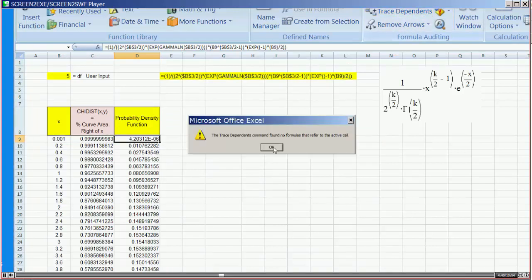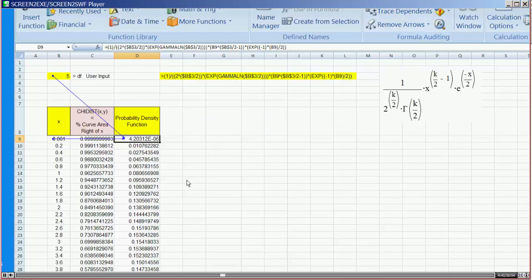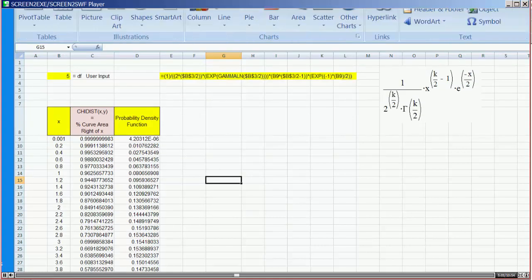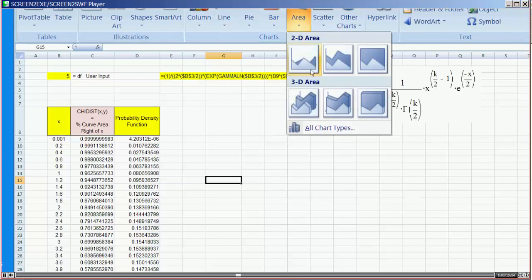Okay. This is what I was after. Going too fast. These are the inputs that affect the value of probability density function. And like I said, this is just for illustration of the percent of the curve area. That's it. We're going to use the area chart